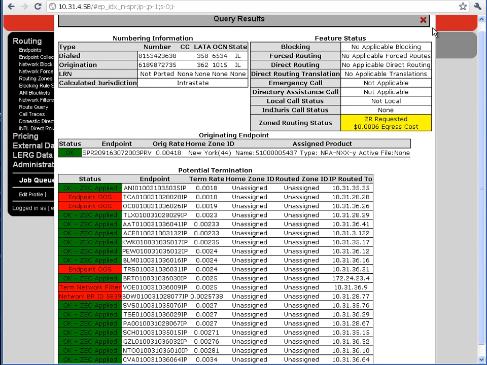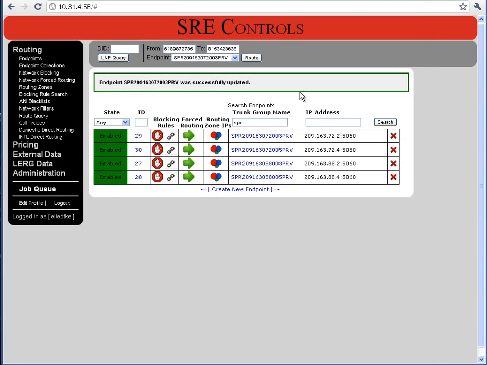So in our first route query, or in our baseline route query at the beginning of the video, the term rate was listed as 0012. Now, for ANI, you can see it's listed as 0018, which is the effect of the zone egress cost. Let's go ahead and close that up, and let's configure the home routing zones for our two vendor